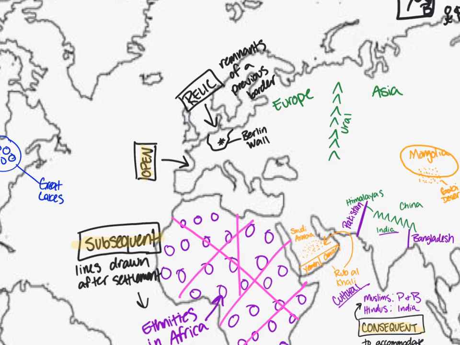And then the last one that we talked about was relic borders. Okay, so I kind of drew ugly where Germany was, and that star right there represents the Berlin Wall. The Berlin Wall is a good example of a relic border, because a relic border is a border that is still visible on the landscape even though it's not an actual border anymore. So the Berlin Wall